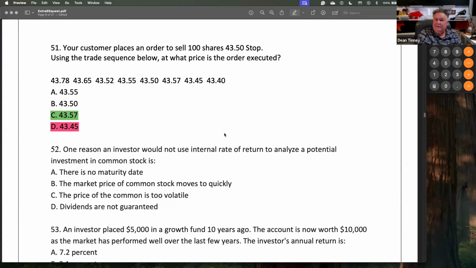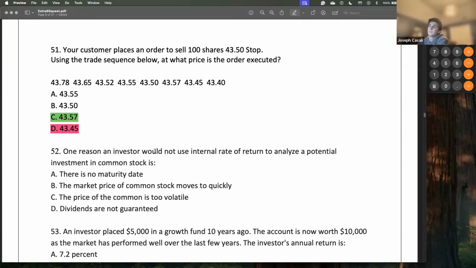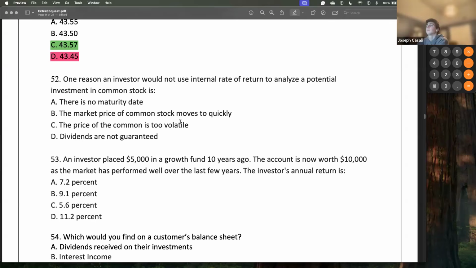I mean, really, this is testable. Here we are, question 51. We've seen one like this. One reason an investor would not use the internal rate of return to analyze a potential investment in common stock is